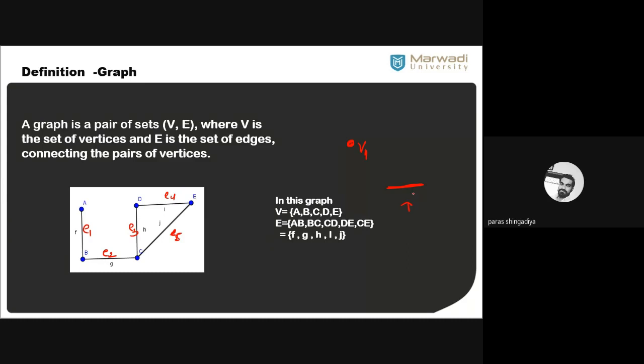When we say this line is called an edge, it has two ending points, a starting and an ending point should be there on this line, then we call it an edge. Clear? Now it is called a graph. There are two ending points, a starting point and an ending point. V1 and V2 are the vertices, and between V1 and V2 there is an edge. So this is called a graph. Without vertices we cannot form an edge. We can create a line only, but we cannot create an edge without vertices. Vertices should be there.